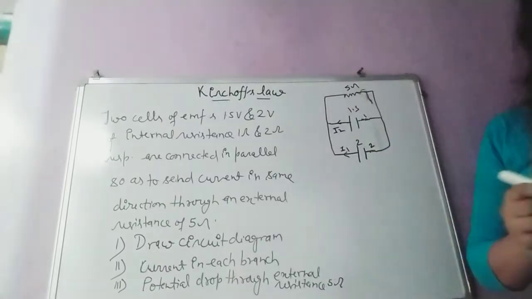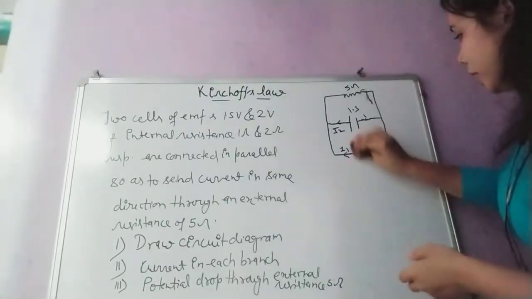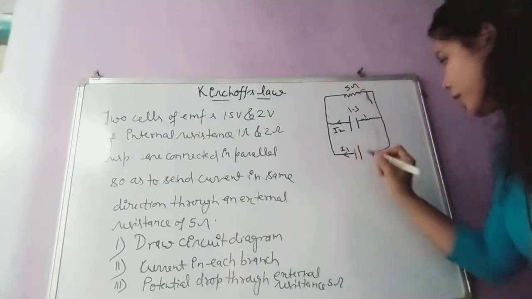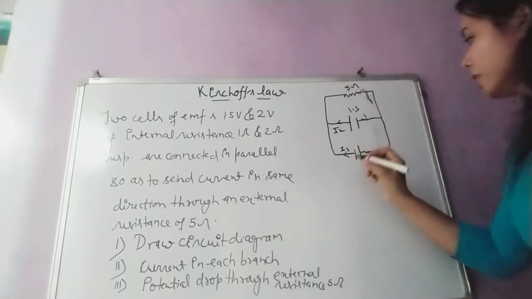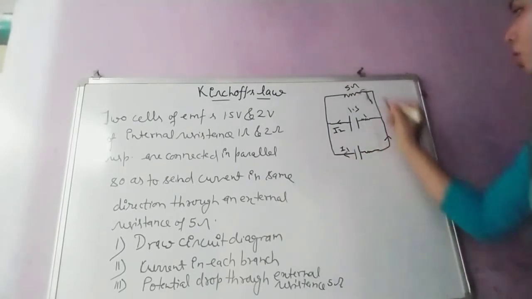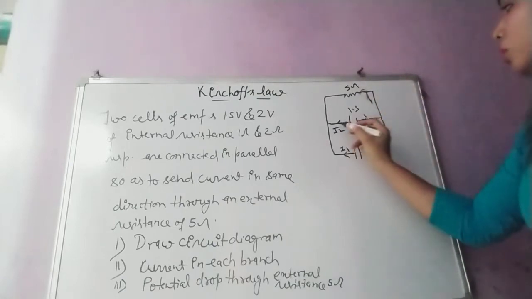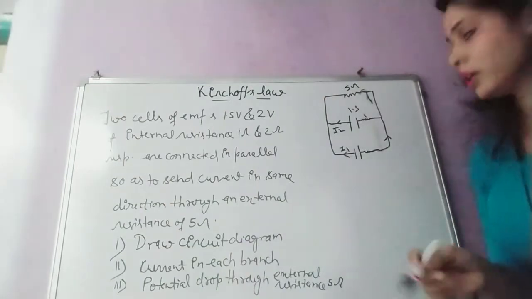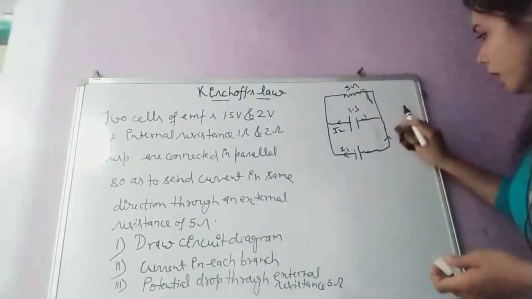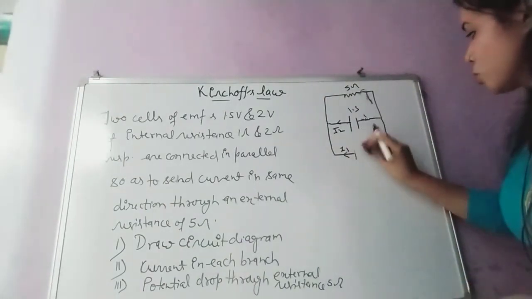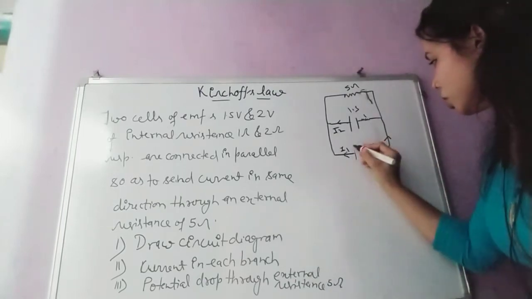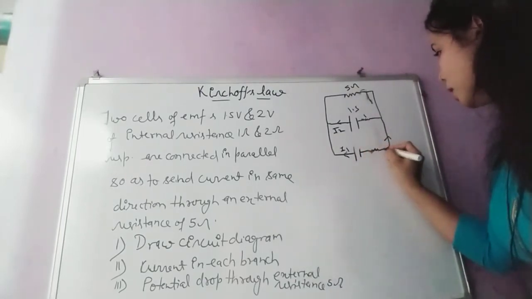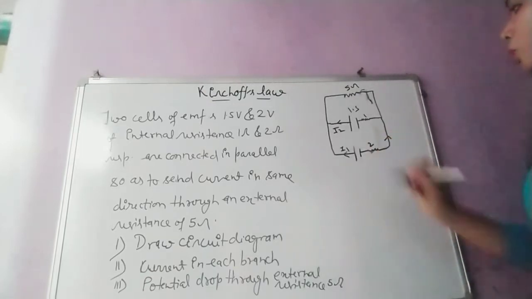Suppose I change the polarity, this one negative and this one positive, then the direction of current will be in this direction. So this one is moving in this direction through this cell. According to the question it is incorrect. It is wrong. Okay, so that's why I have chosen that polarity, positive and then negative. Internal resistance and then this 1 ohm, 2 ohm.